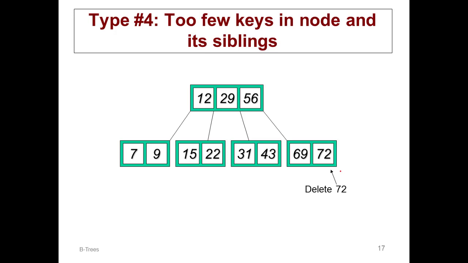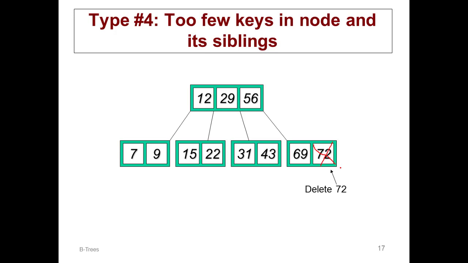Okay, let's say 72, we simply delete it. In case this level has a sufficient number of nodes, then it is very easy to delete the 72 node. Simply delete that, and if we are left with the 2 minimum values at this point, then we don't need to do anything. But in this case, if we delete the 72, according to the